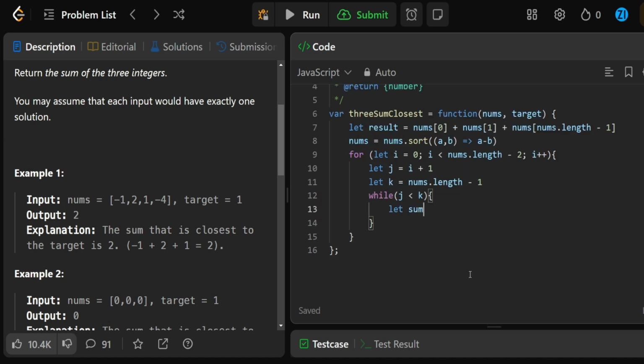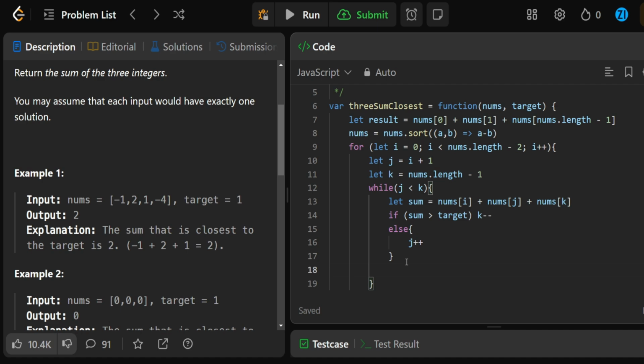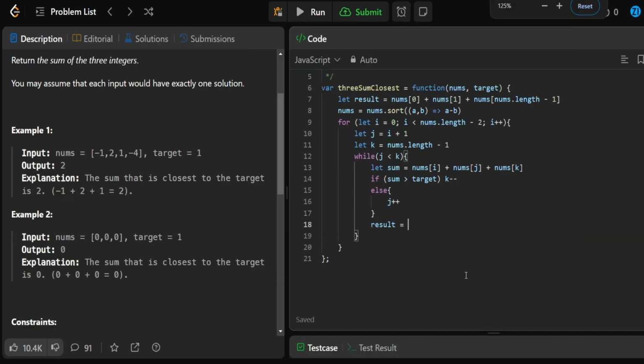Here we're going to define our sum, and sum is going to be equal to nums of i plus nums of j plus nums of k. And then we're going to say if sum is greater than our target, we want to decrement k, and else we want to increment j. And then below these, we've got to calculate the closest number to our target. The way we do that is by calculating the difference between the numbers. So we're going to say result is going to be equal to, let's zoom out a little bit,